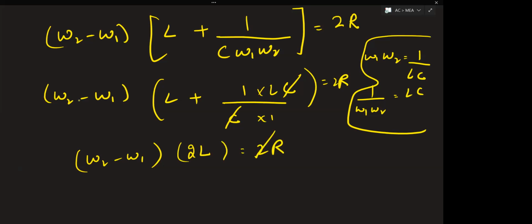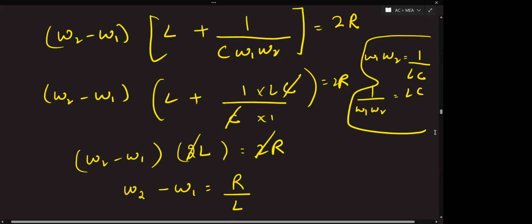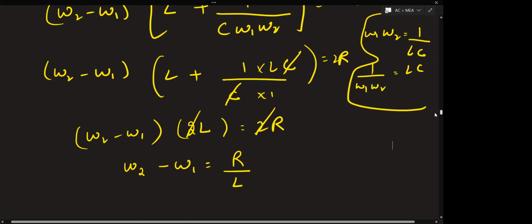From here, you can even cancel 2R. See what have we obtained? We have obtained omega 2 minus omega 1 is equal to R divided by L. Resistance by L. So omega 2 minus omega 1. Remember, we can use this omega 2 minus omega 1 in the formula we were having. Now, before we substitute and get our final answer, till here the lengthy derivation was there. Now we just have a very short part to conclude it.